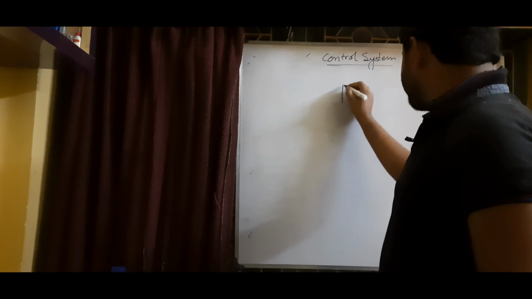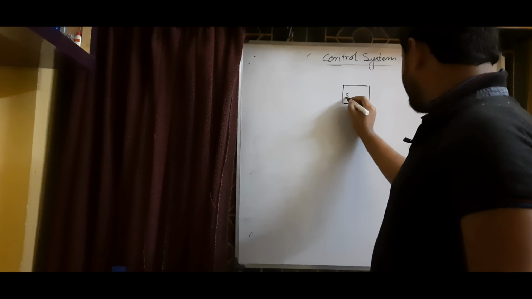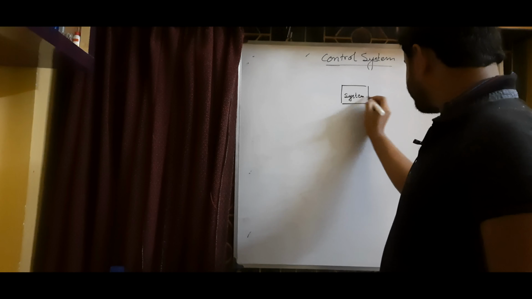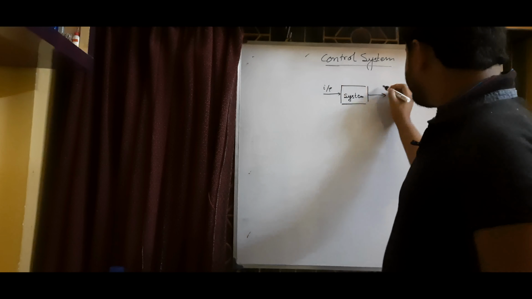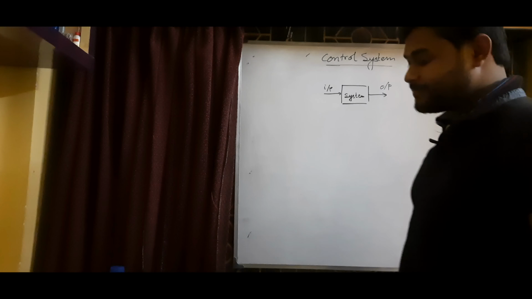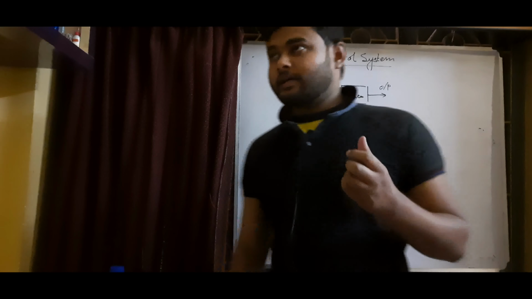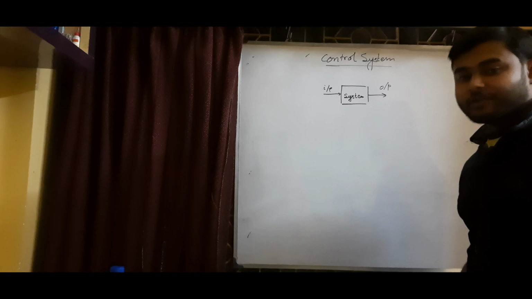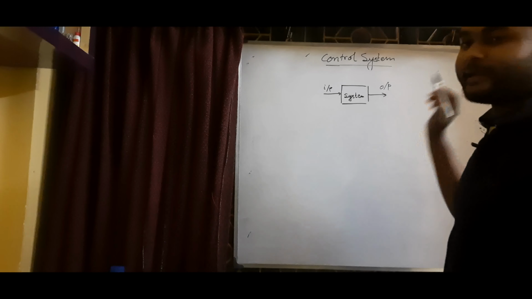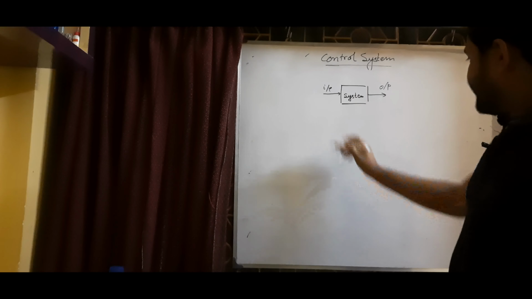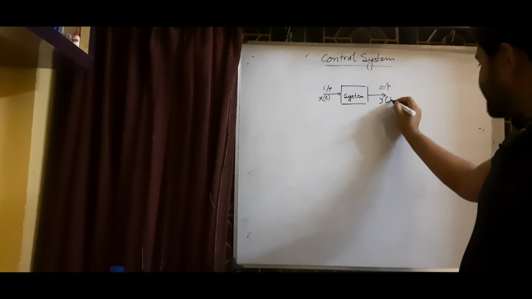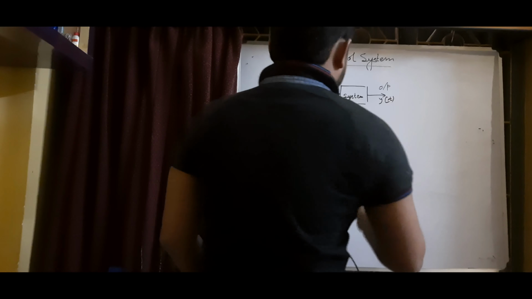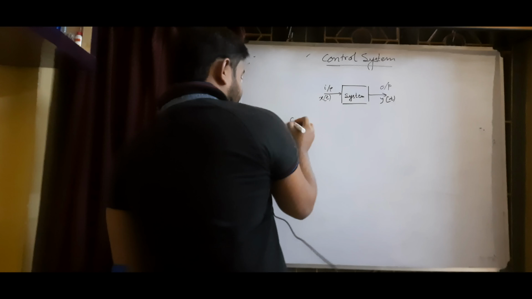Now, any system can be represented by its input output relationship, and the governing equation will be a differential equation between input variable and the output variable. If I denote input variable as x(t) and output variable as y(t), then my general differential equation will look like this: a_n